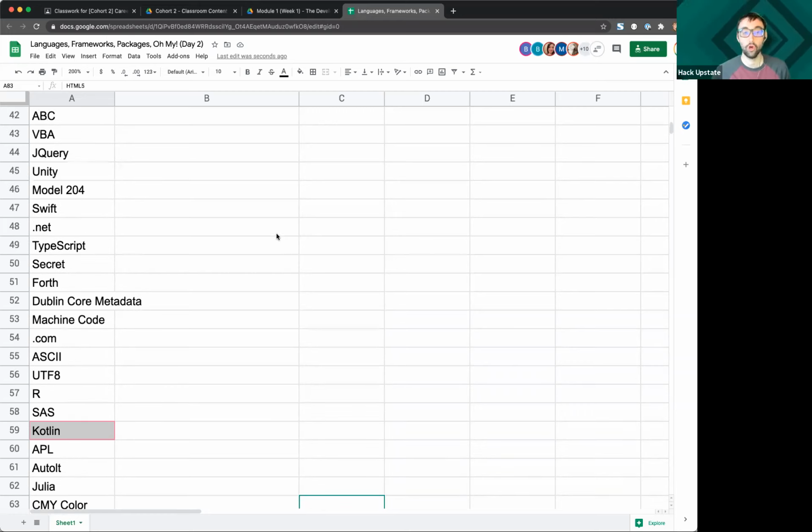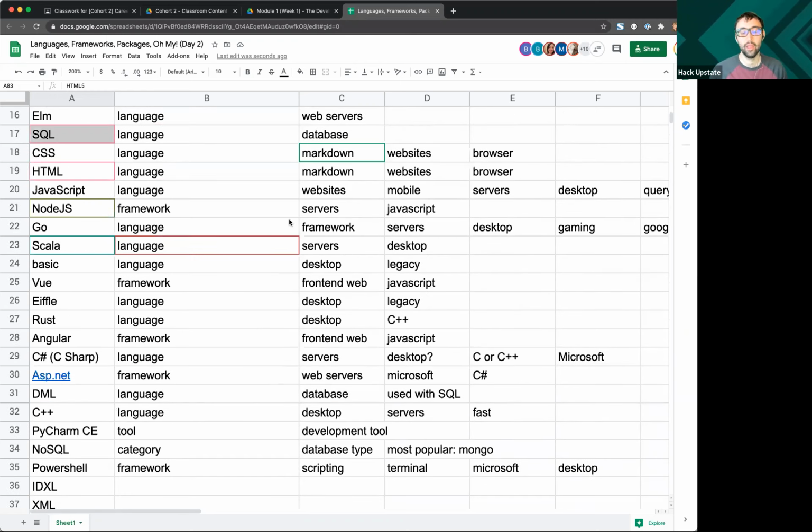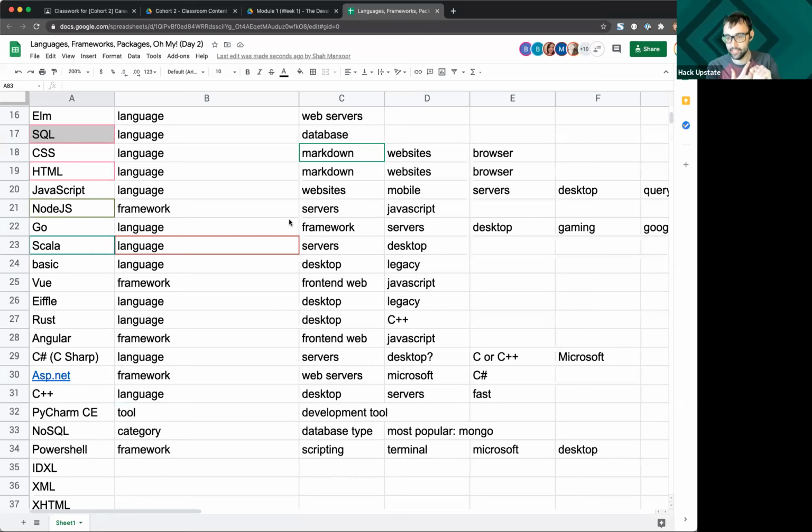So I will go through the rest of these languages and put some labels on them, just so you can reference this down the road in case you're curious. Basically, the idea here is that you need to pick and choose several of these to make up what is considered your stack. For a web application in particular, you're going to need your front end figured out. In the web world, you have to use HTML, CSS, and JavaScript.